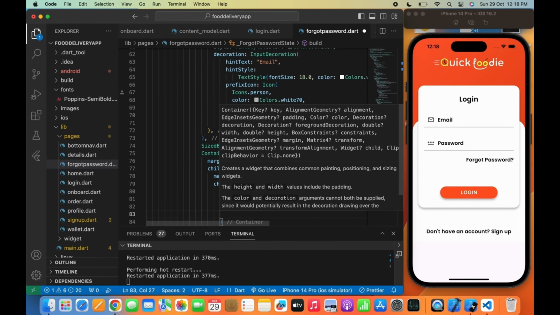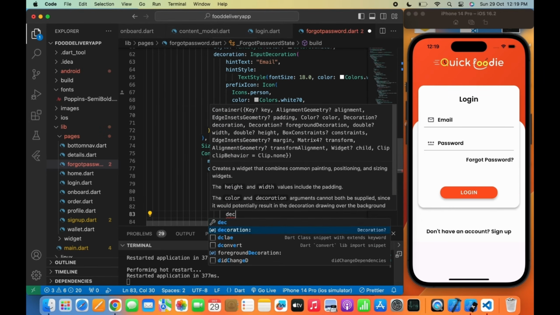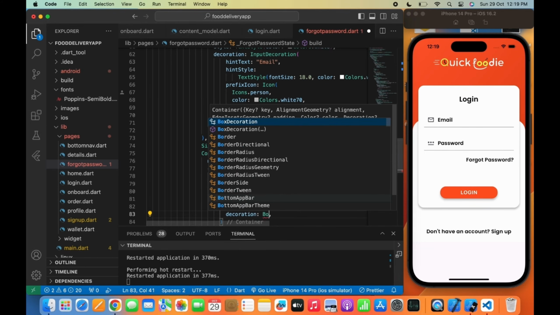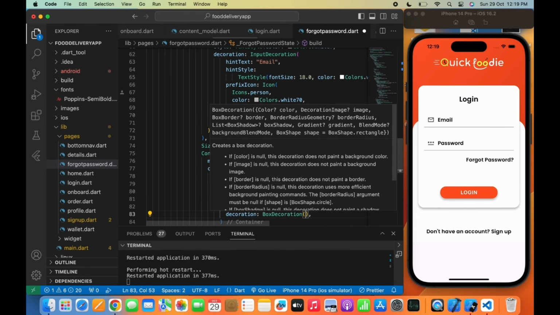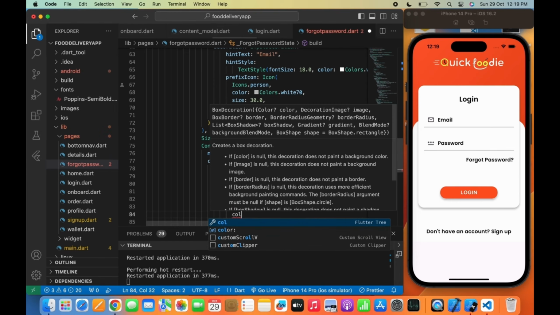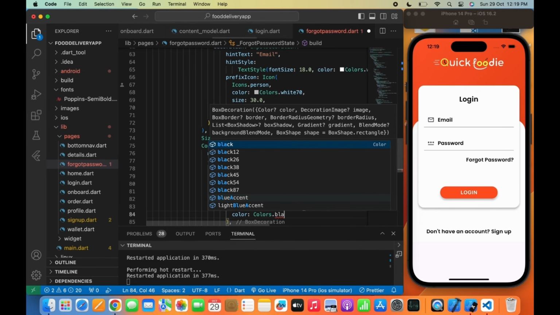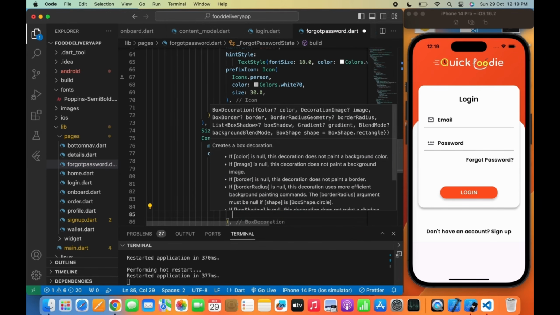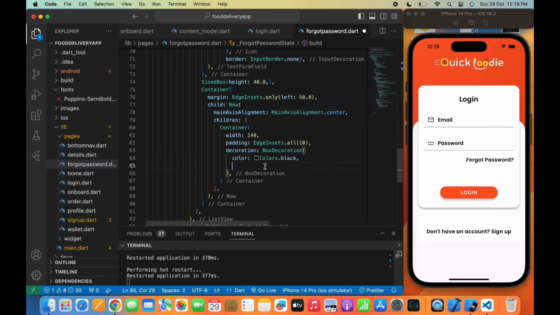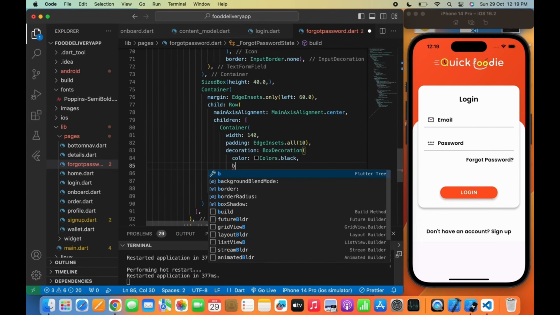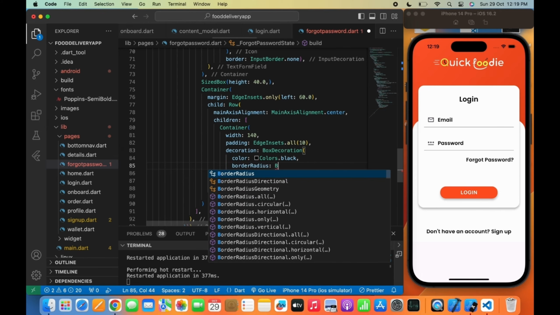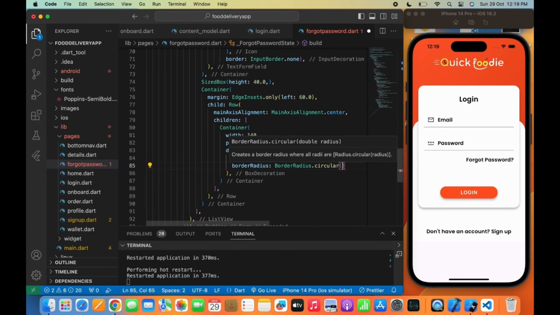Now decoration, BoxDecoration, and will give some decoration to the container here. So I will write Colors.black, and will provide border radius. So BorderRadius.circular 10, and will write child again, and will use a Center widget, then a Text widget to center the text inside the container,